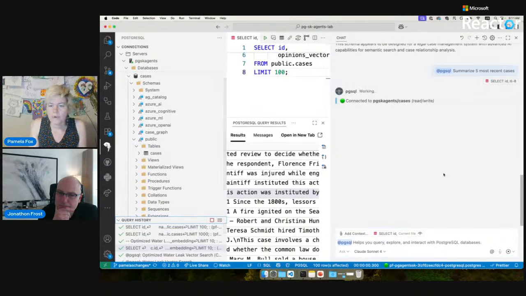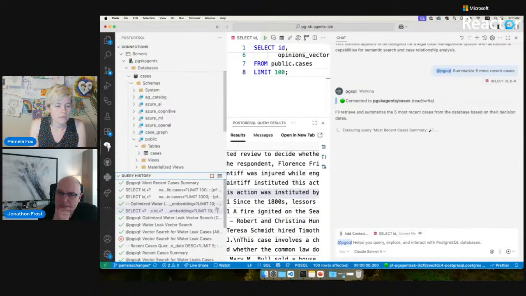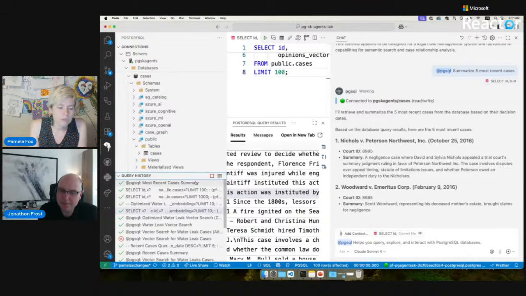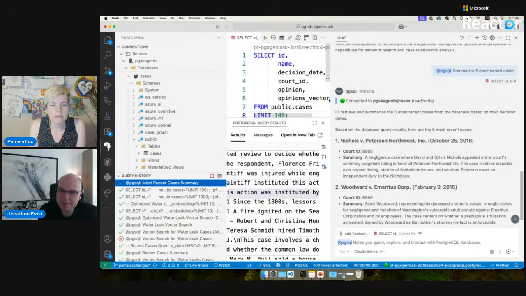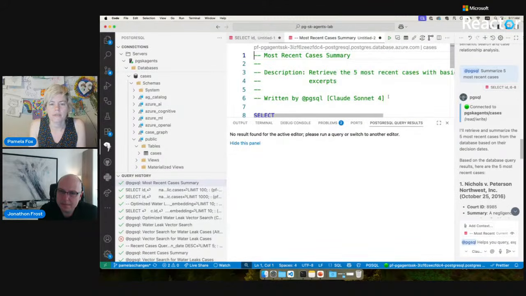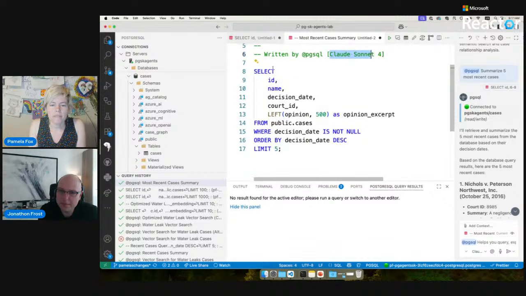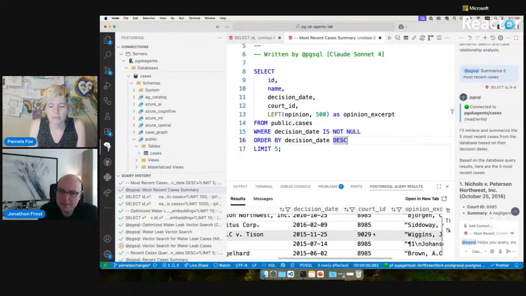And what this is going to do is actually do a SQL query. And you can see all of the SQL queries that it creates. It will put them in the query history of the extension, so you can yourself run the same query that the LLM ran, right? So I can open this up and say, okay, in order to answer that question, the Claude model came up with this query, right? This is actually a pretty basic query, but if I want to, I can run it myself.